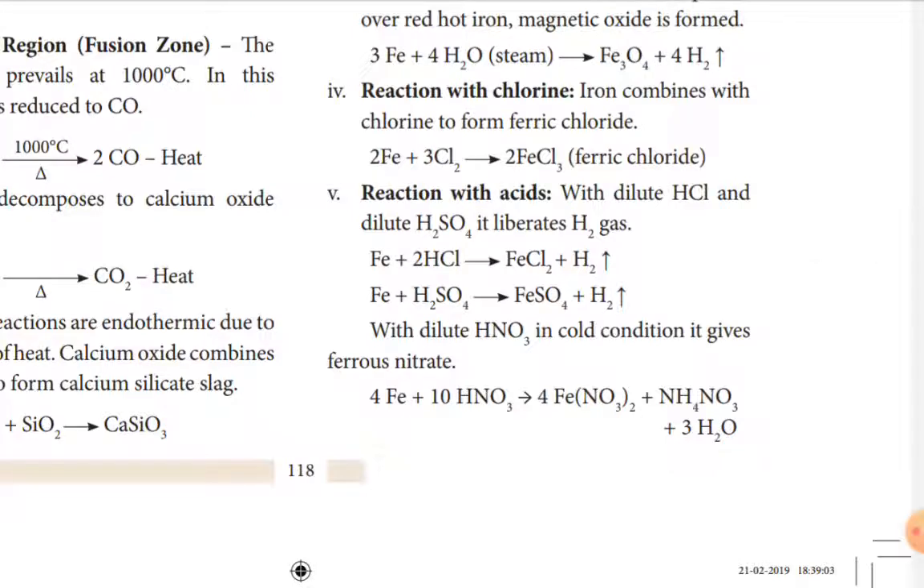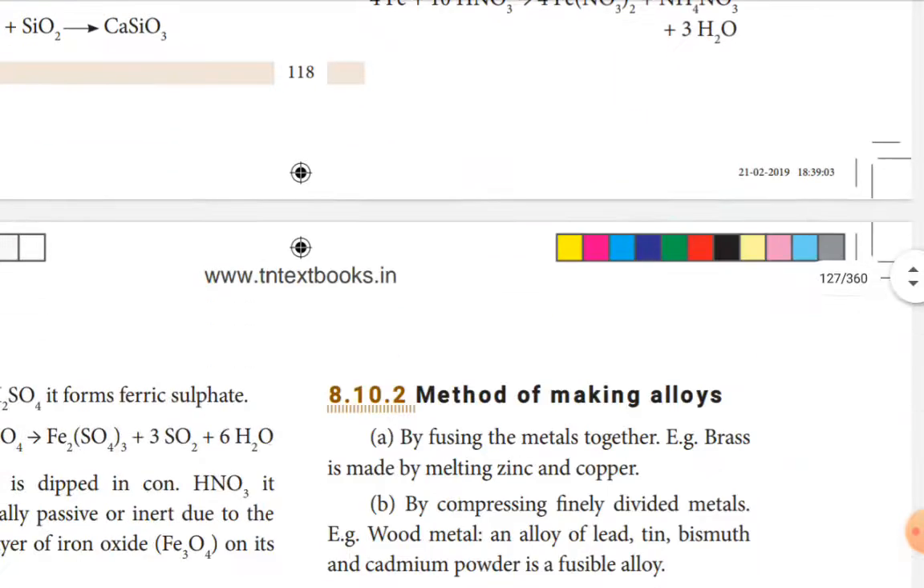Iron reacts with 10 moles of nitric acid, 10 HNO3, to give Fe(NO3)2, nitrate of iron, and ammonium nitrate, also water. These things will be formed when iron reacts with dilute HNO3. Then in the next one,